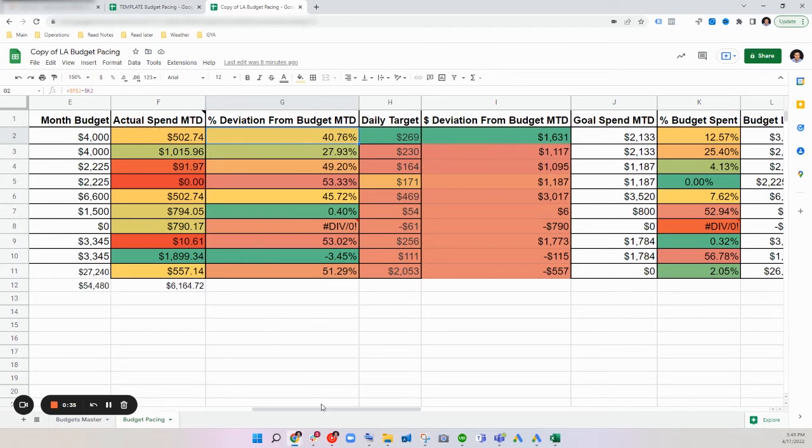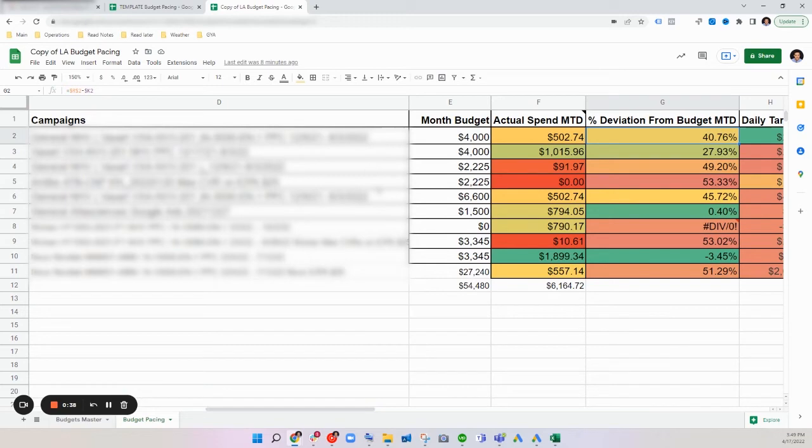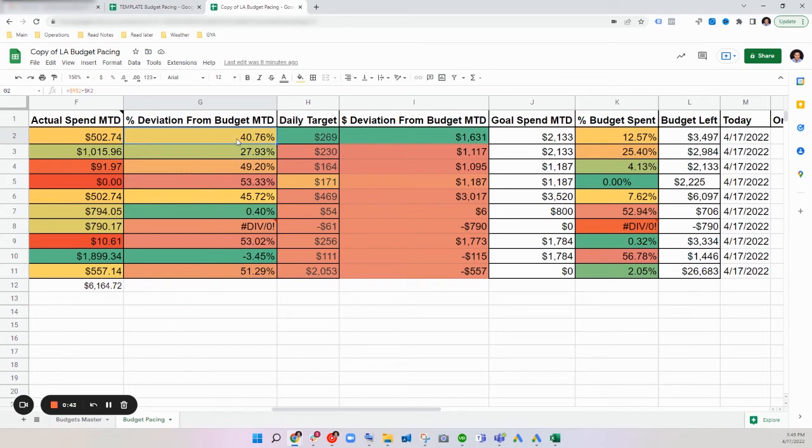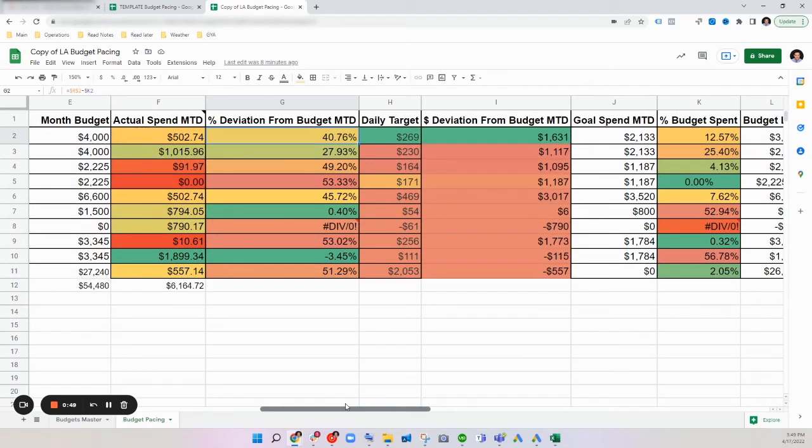So essentially, when you're looking at this report and you're trying to manage multiple different campaigns' budgets, whether they're different geographic locations or whatnot, you'll say, okay, this one's overspending by a lot currently. So it's 40% deviated from the budget. So you're going to want to essentially make sure that you can spend more of this budget so you can go higher than some of these other budgets on the bottom here that are underpacing, such as